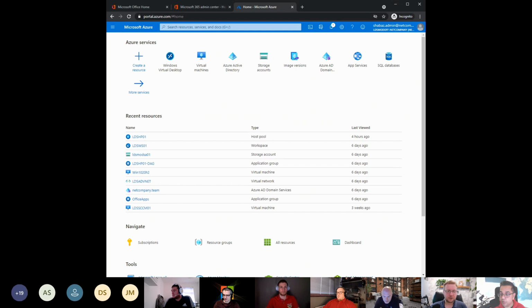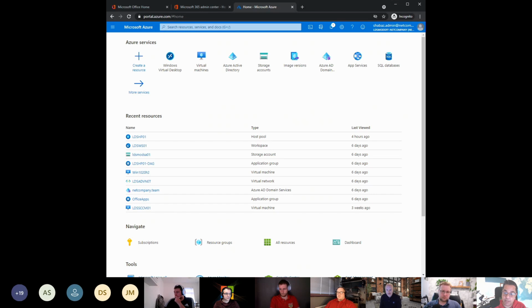Anything else? One at the bottom there, yeah. Do you update the VMs monthly or delete and redeploy? Good question, Jonathan. I can show you quickly how to do that in the demo. Essentially, when you want to update the image, you normally save the VHD, or make a snapshot of the VHD, and then attach that to a new virtual machine.